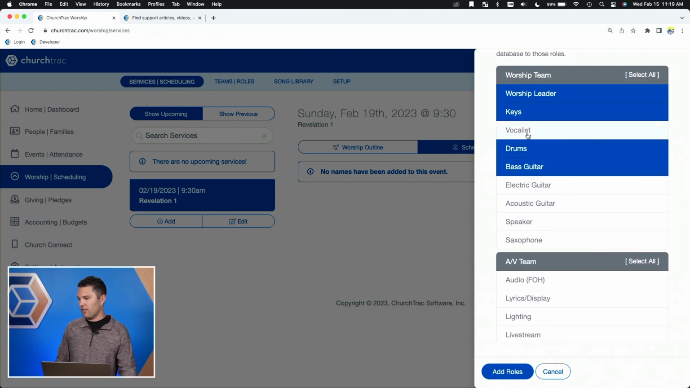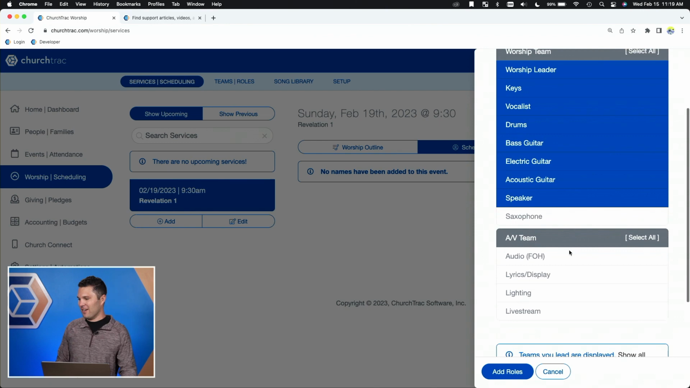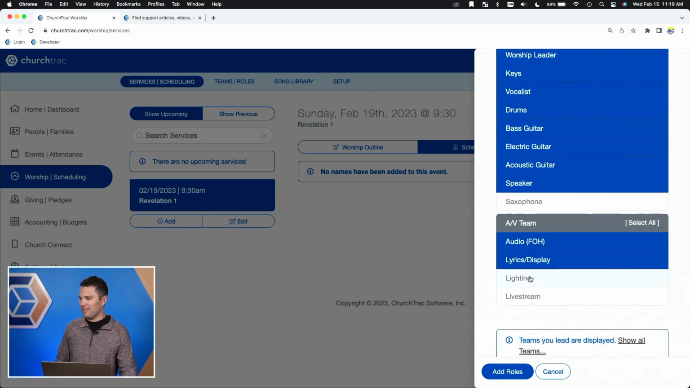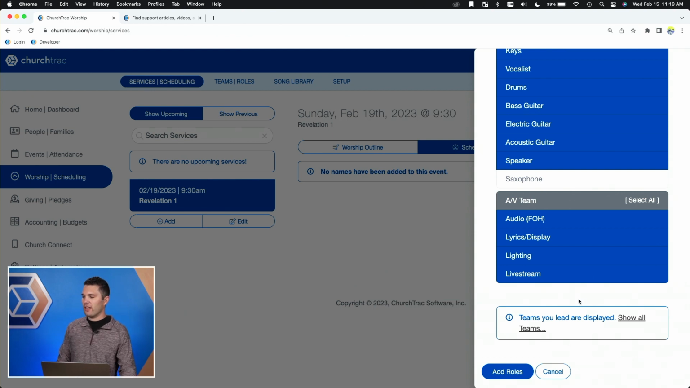We need drums. Actually, we basically need almost all of this, so I'm just selecting all these things. Saxophone, not this time, maybe another time. And then we need our audio, video, lighting, all those things. There we go. Now, one thing I do want to point out, it's showing teams that you lead or displayed